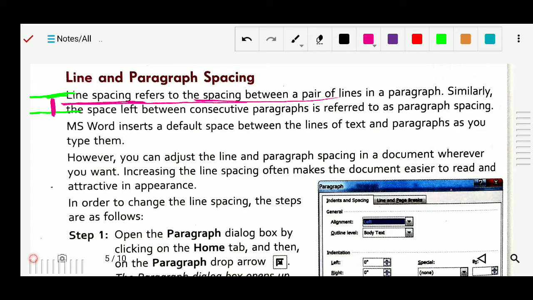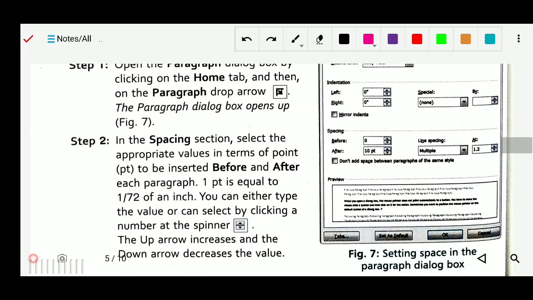And for paragraph spacing, suppose this paragraph ends over here and this paragraph ends over here, in between there is some space that we can also give, so that will also be adjusted. So this is your line spacing and paragraph spacing, and we will do these things. So how is it possible? First of all we have to select the text, okay.